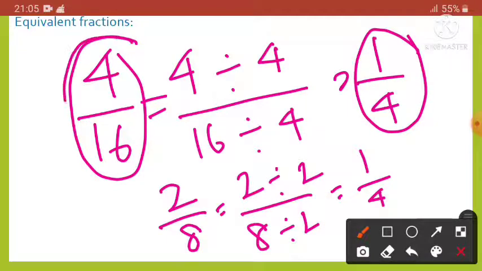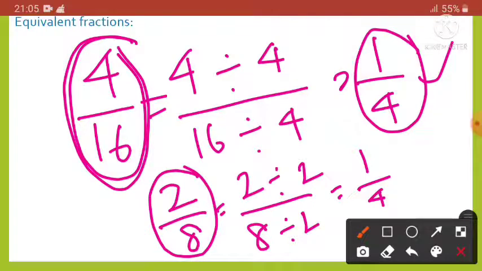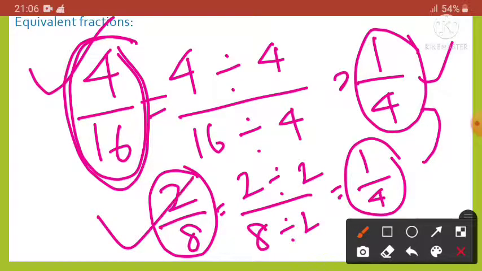So if we take 4 by 16 and make it in the short form, we are getting 1 by 4. If I take 2 by 8 and make it in the short form, we are getting 1 by 4. So in both of the fractions we are getting the same result. So that means the value does not change, the expression changes. So we can say that 4 by 16 and 2 by 8 are the equivalent fractions. Okay,